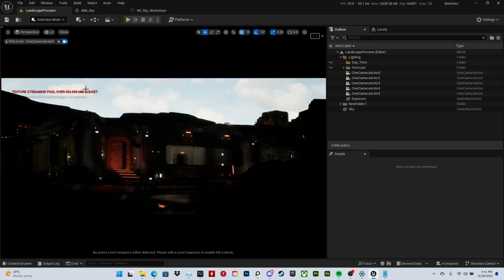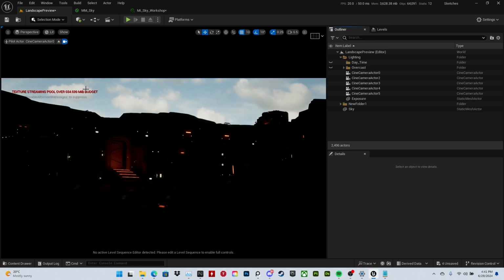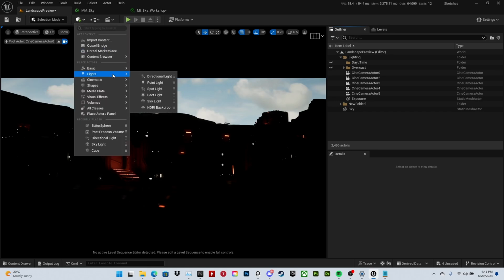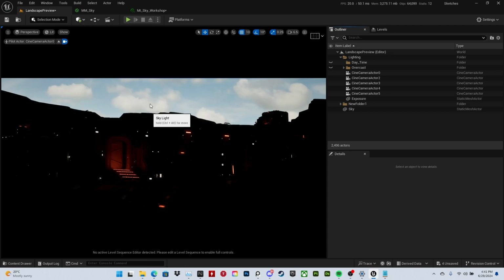So with our HDRI decided, we bring our skylight into play. The skylight, again, as I said, is super powerful for making sure that your entire environment is more consistent, and then there's an actual balance between the light and the shadow, right? Because when we place our dear old skylight,